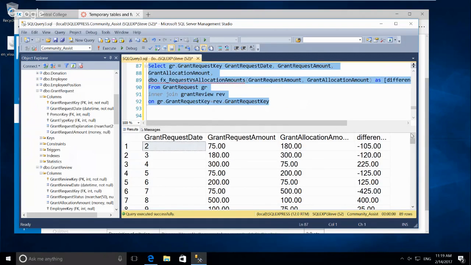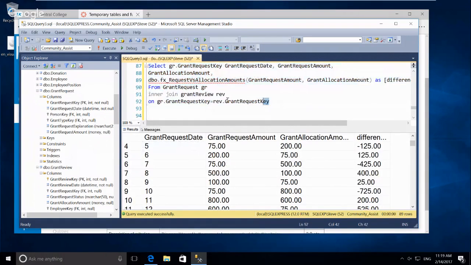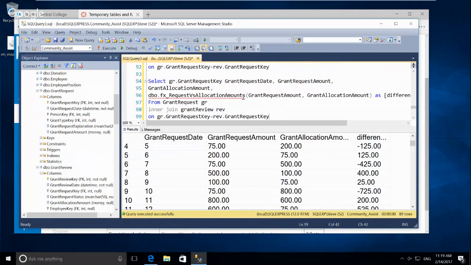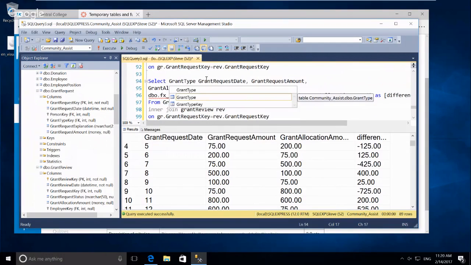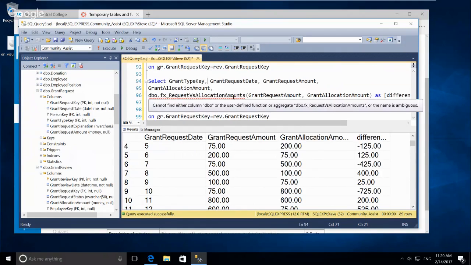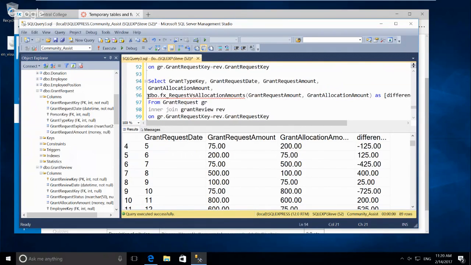But I wanted to show you one other thing you can do with this. I'm just going to copy this, and then I'm going to show you one other, but I won't actually do it. I'll just show it to you. So I'm going to copy this. You can use these functions inside of aggregates. So let's say that I wanted to see, instead of grant request key, I'm going to do grant type key. And we could, if we wanted to, add another join to get the grant type. And I want to do a,